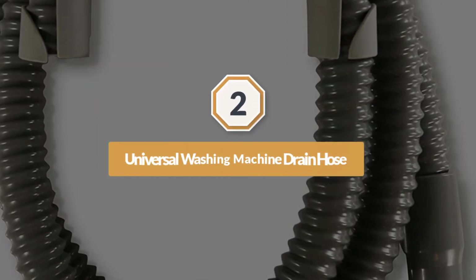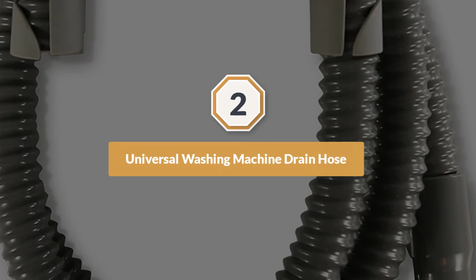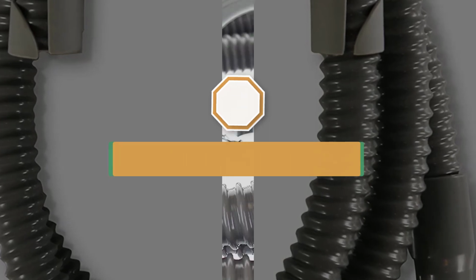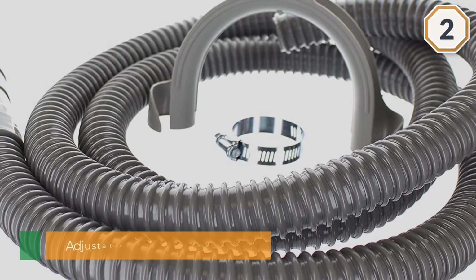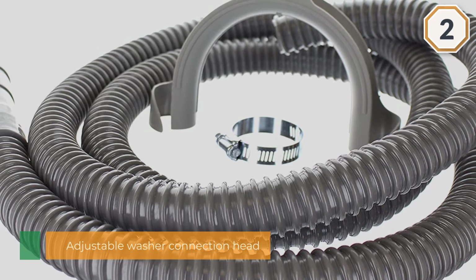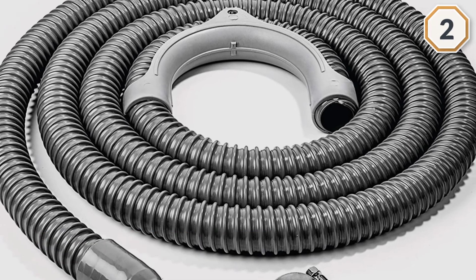Number 2. Universal washing machine drain hose. Then it's time to replace your aging drain hose with a new, flexible, long-wearing washing machine discharge hose. Our washing machine hoses, with an adjustable 1-inch, 1 1/8 inch, or 1 1/4 inch washer connection head, are compatible